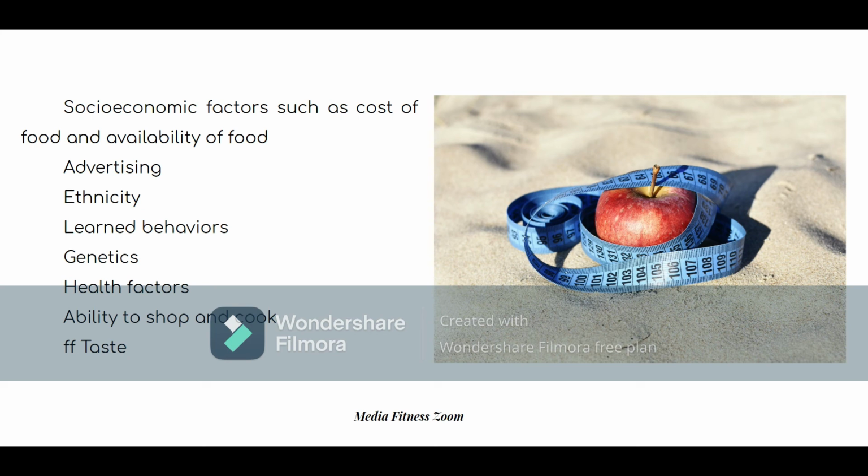That's why we should always think about the food, and try to find out what components this kind of food contains,